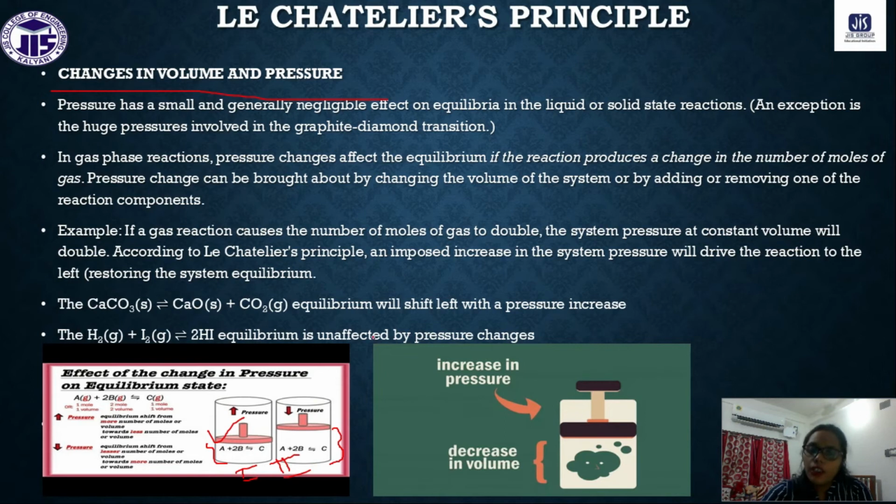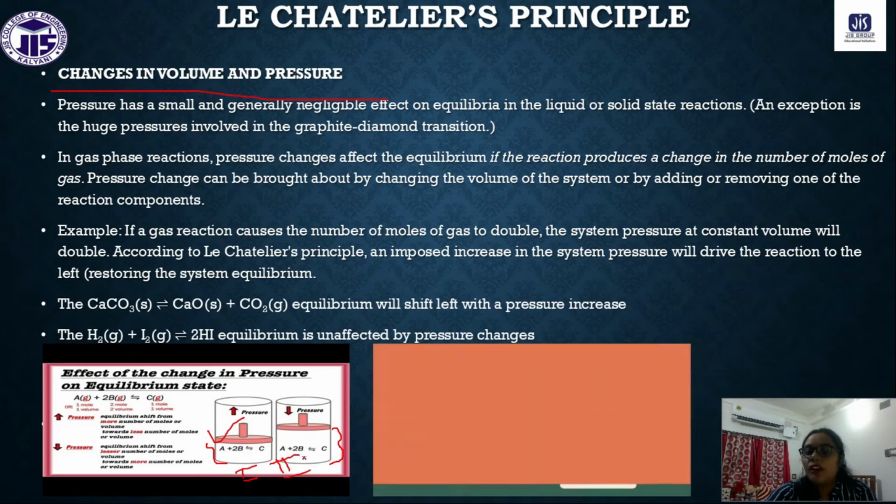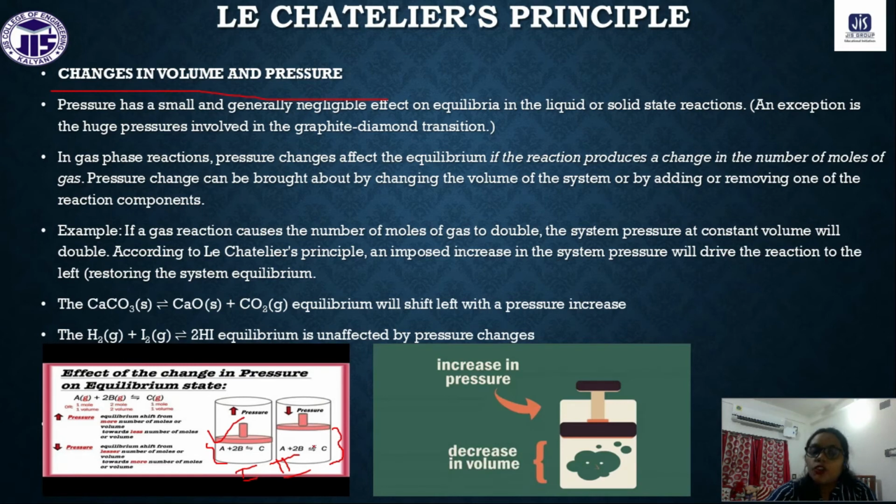Understand? Now look, if we decrease the pressure, what will happen? If we decrease the pressure, that means the volume will be higher. So in this higher volume, the maximum number of molecules can be accommodated. So to minimize this effect, the reaction will go towards that direction where the number of molecules will be higher. Understand? Now you can see this, if we consider this reaction.